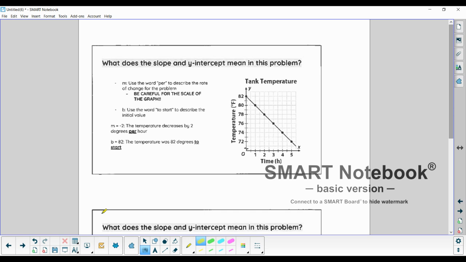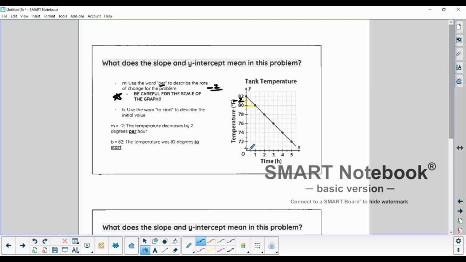And let's just look at some word problems. So again, we know that the parameter m is the rate of change for a problem. And we always use the word per to describe a rate of change. Now, normally when we find the rate of change in a word problem, we need to be careful for the scale. So in this problem, if I were to find the rate of change, which I know is my change in y divided by my change in x, looking at my change in y, the temperature dropped by -2. So that's my change in y. It went down